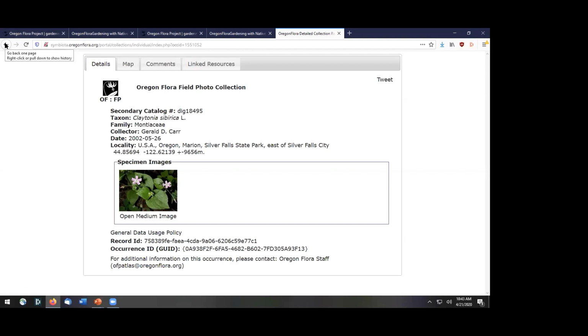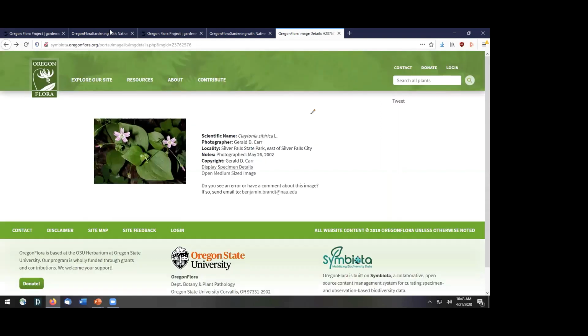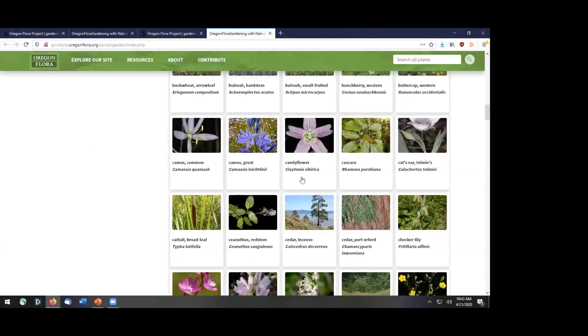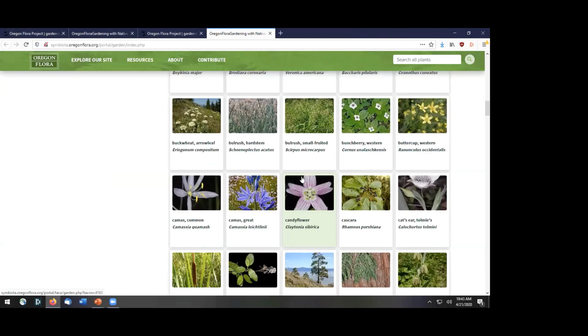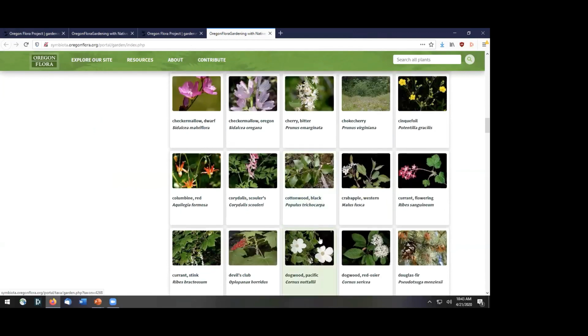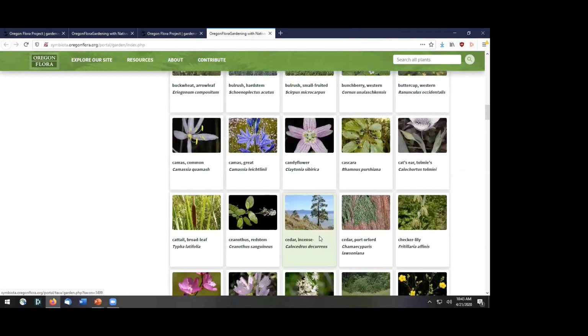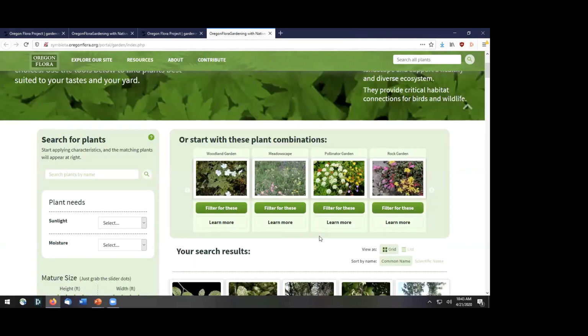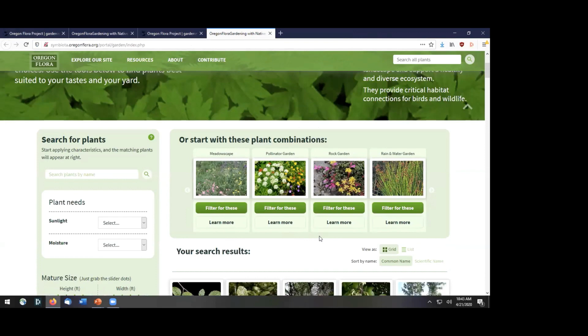So it's an enormous amount of information that we have and can share with users. Not only can you just browse and look at pretty pictures and say, gosh, I'd like to know more about Pacific dogwood, but we want to help gardeners think about those reference ecosystems or communities. And so we've chosen a couple of basic groups that can give you some plant combinations that would be useful and can guide you for some